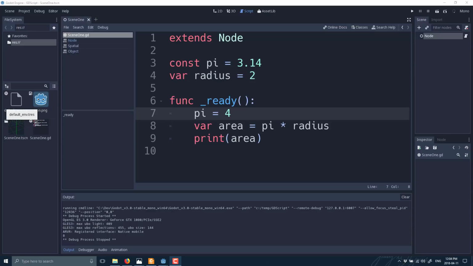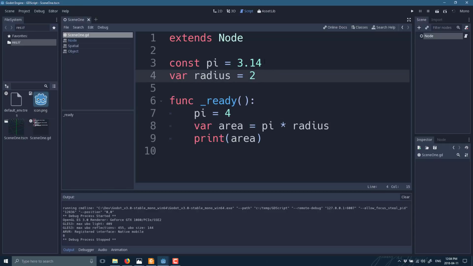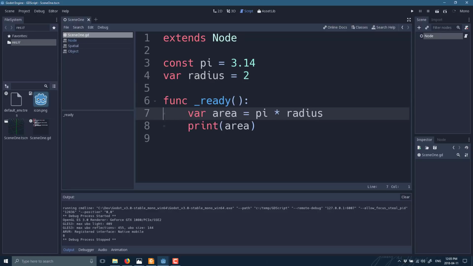Now, I also mentioned earlier on that sometimes you're going to want to make variables available to the editor or outside. In that particular case, how do we do that? Well, we can take this same example minus our weirdly mutable const. So we got this guy right here. What we could do is make this radius variable available to the tooling instead. And this is very easily done because we just add